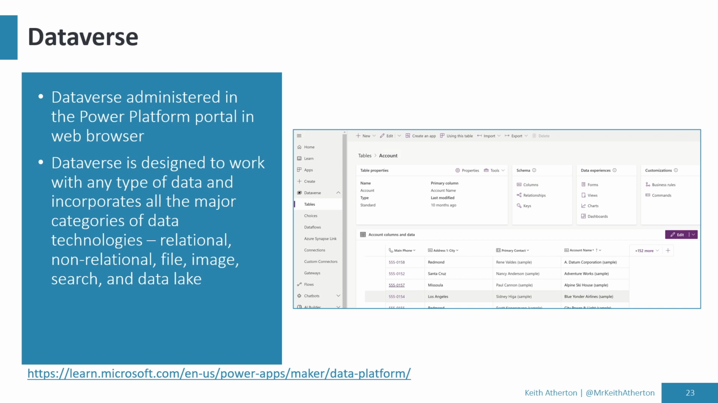So Dataverse is actually administered in the Power Platform portal in a web browser. There's an example there you can see on the screen. So you can see at the bottom of the screen we've got a preview of the data where we can see records showing things like phone numbers, contacts, account names and so on. At the very top you can see there are options where you can create a new, so you could maybe create a new table or create new columns in tables. You can change and create relationships. You've got various things under data experiences where you can create forms and views and charts and various things as